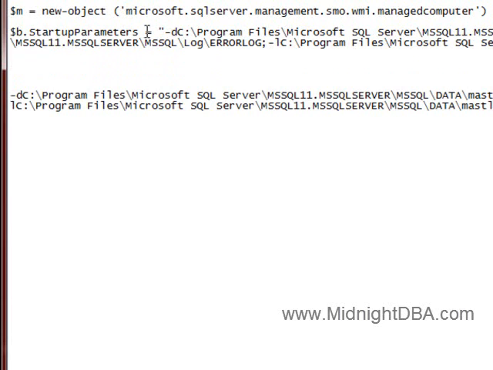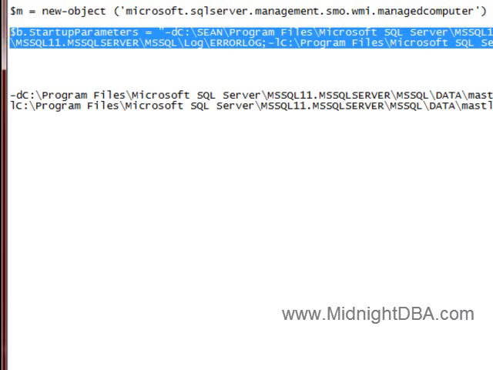So I've already got the line here. So I set up cache b.startup parameters equals, put the whole thing in quotes, and let's say I want to set it up, instead of program files, we'll say Sean-program files. I'm not going to do it, so it doesn't matter, right? So now that I've got this, I can take this entire thing as one string,